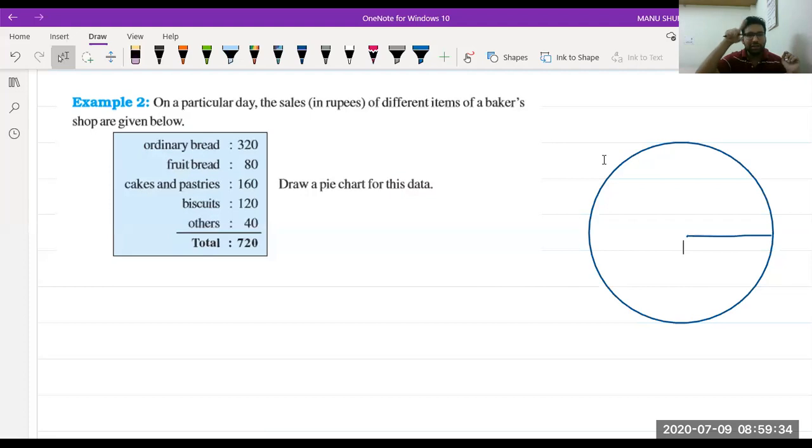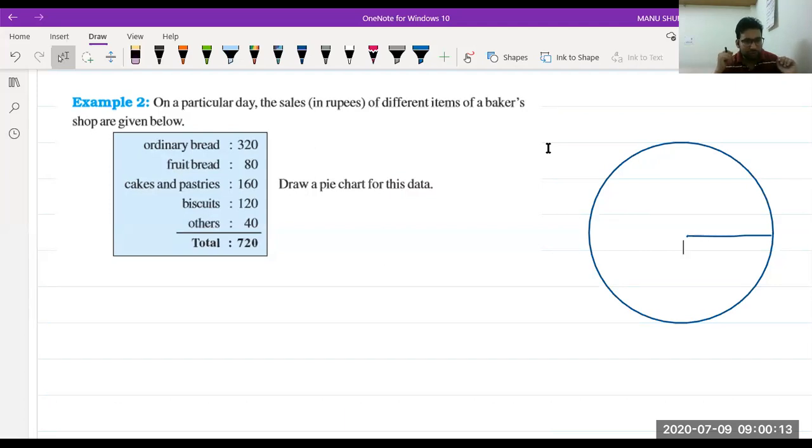We all know in a pie chart, total angle is 360 degree. Yes, class. So what is the relation between this angle and rupees? Beta Rachit, not 100%, beta. It is rupees, not percentage. You have to find a relation between rupees and degrees. Please tell me what is the relation between rupees and degrees. Kriti is saying 20.720. Okay. Beta Kriti, first tell me the relation between rupees and degrees. Anyone?